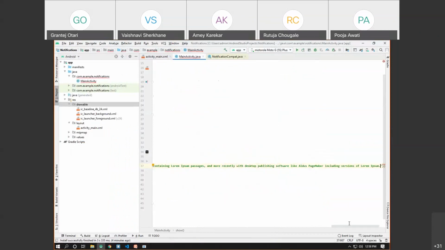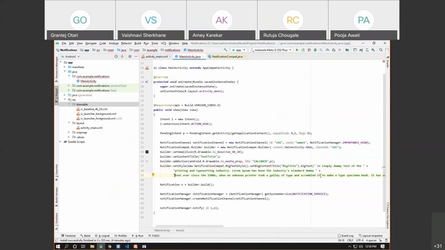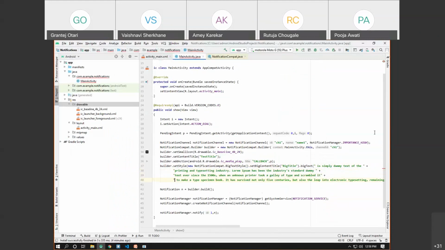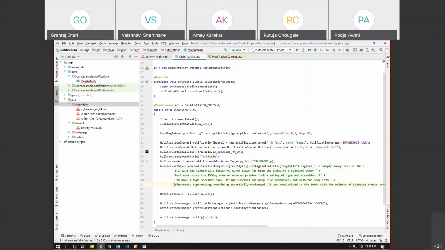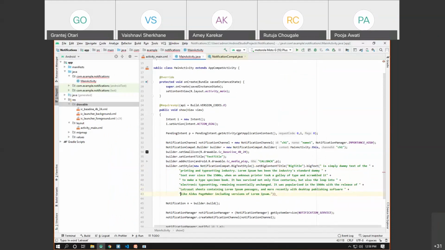And let me add the paragraphs. I'll just be adding the paragraphs one below another. So this is the big text that we have. Okay, let's try to run the app.